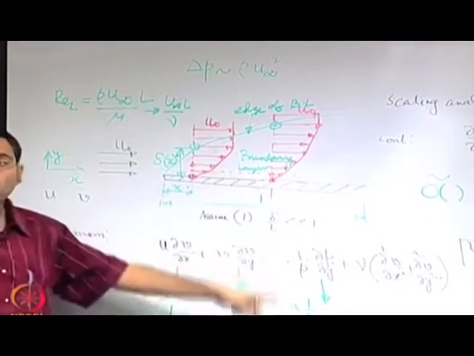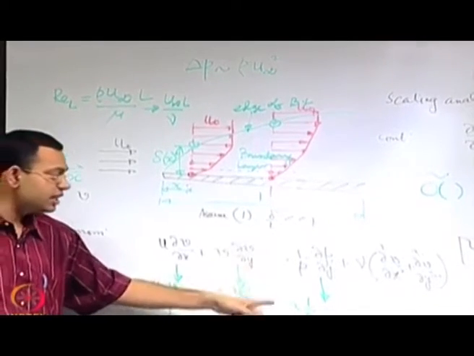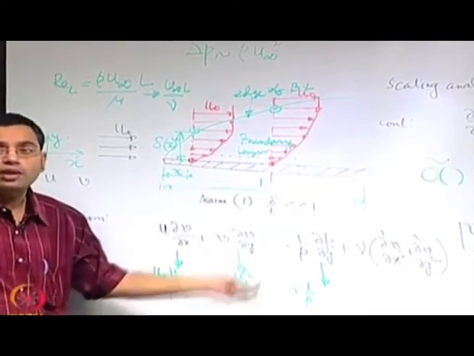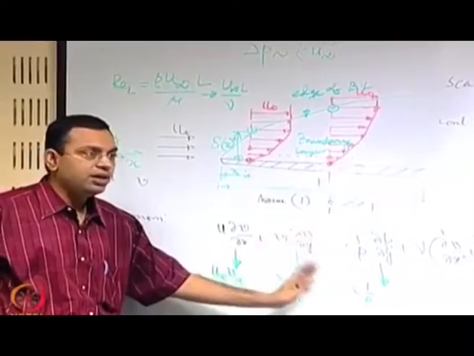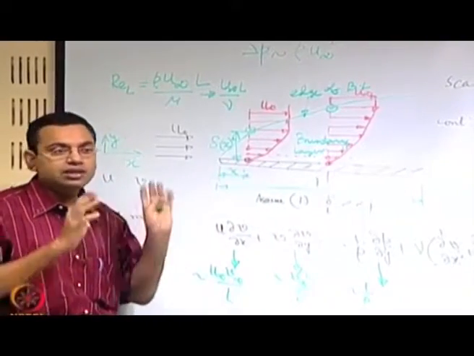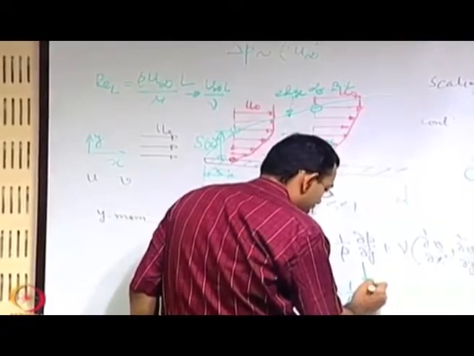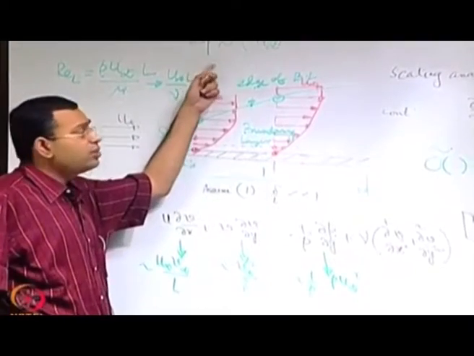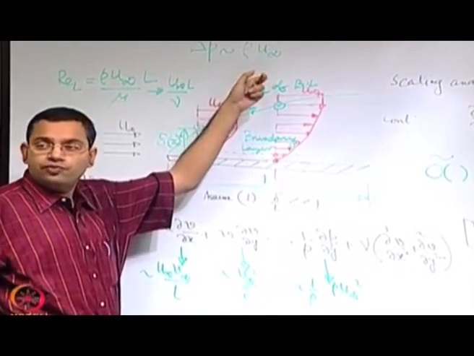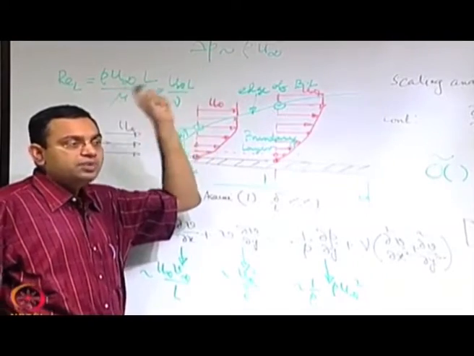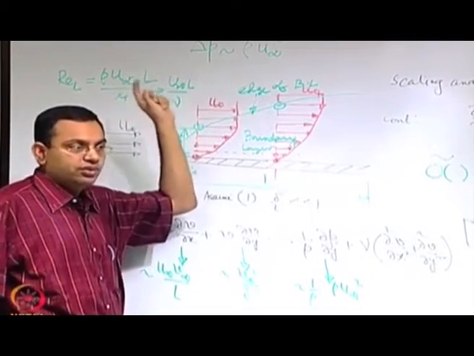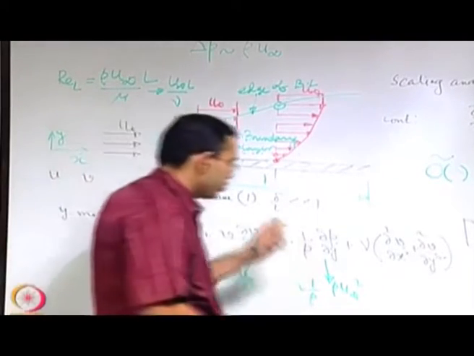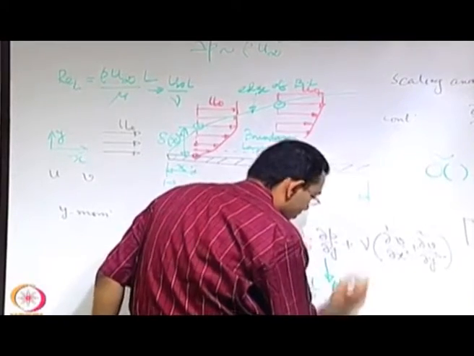Whether this scale is correct or not, we will justify at the end. Experiments give that, but theoretically it has to be consistent with the remaining part. For the time being we assume that the pressure scale is governed by this kinetic energy scale, rho u infinity square. When we wrote the scale, we did not care whether we write half rho u infinity square or rho u infinity square, because the objective of the scale is not to give the exact value, it is the order of magnitude. With the half, the order of magnitude does not change. So, rho u infinity square by delta.